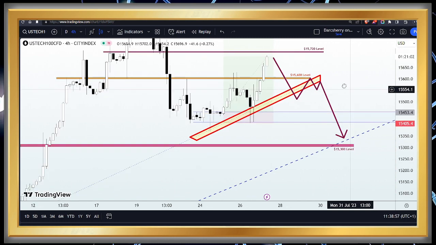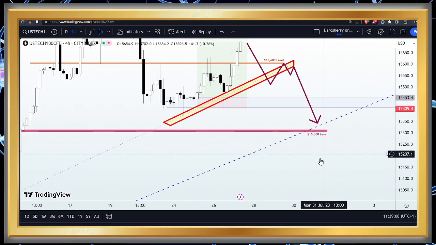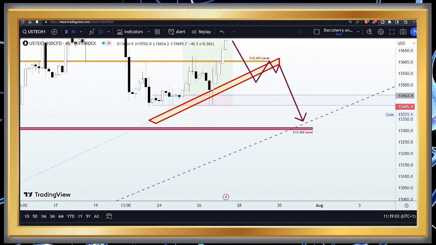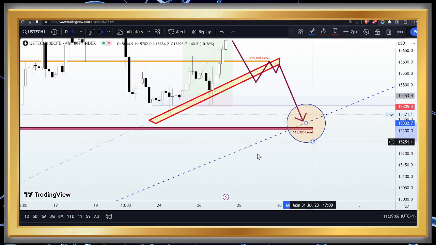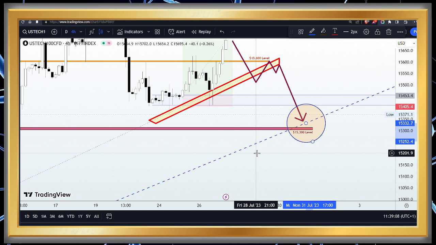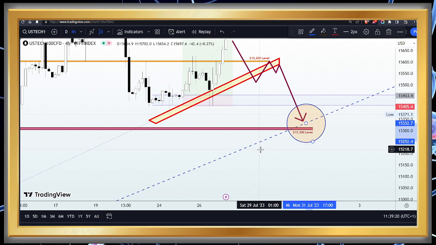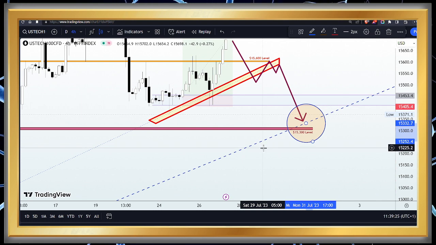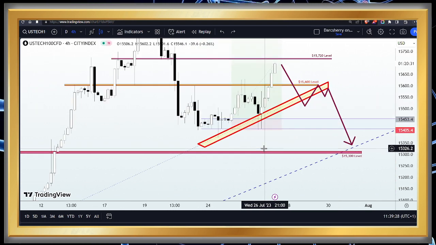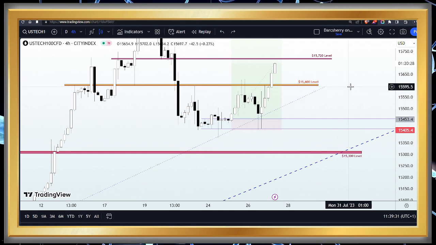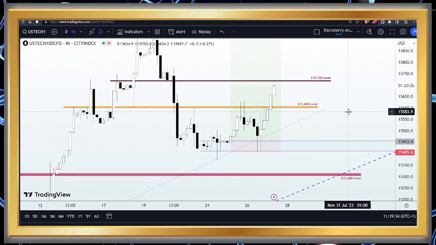And if price breaks down, retests, and continues to drop, then remember that we also have a confluence at that major ascending trend line and a 15,300 level, where we shall be looking out to see how the market will react to that level to determine if we are going to be adding more sell positions, that is, if price breaks down that structure, or if we are going to be getting ready for another wave of bullish momentum if we sight reversal patterns around that area. So let's keep this in mind, mark these levels out on our chart, and let's see if the market will continue to the upside or not.